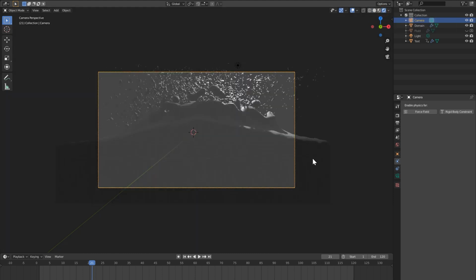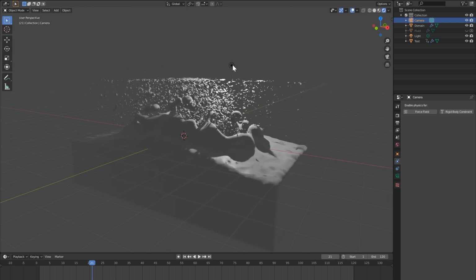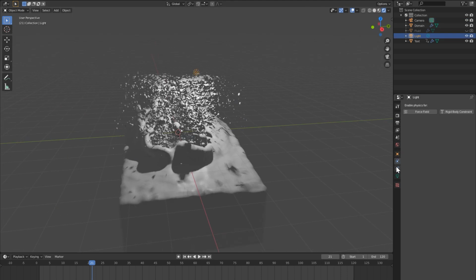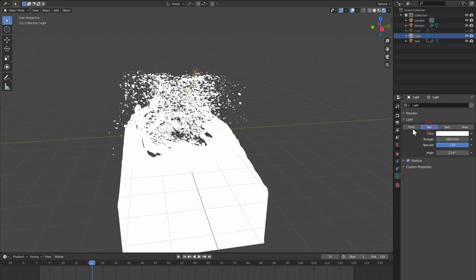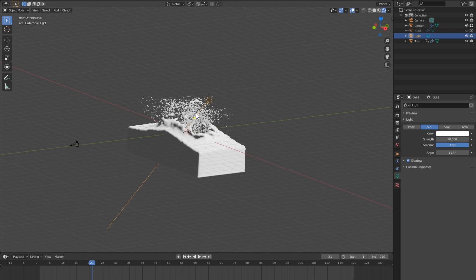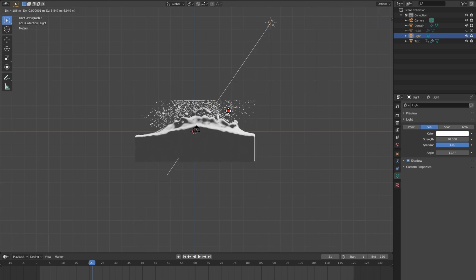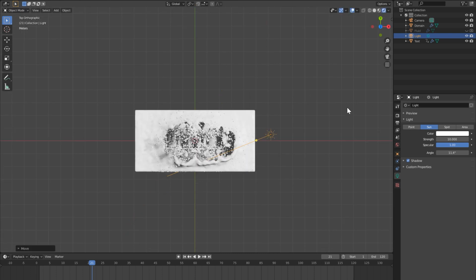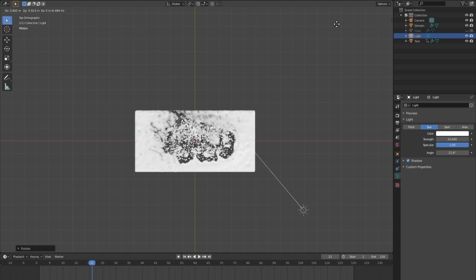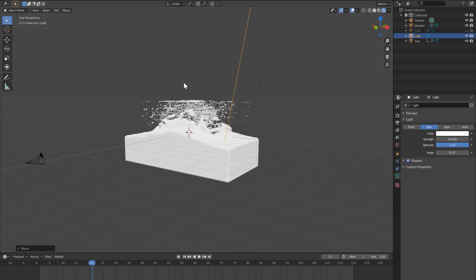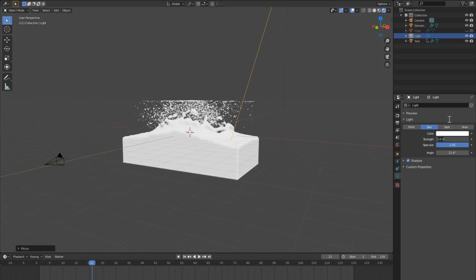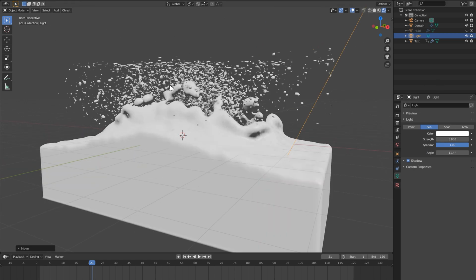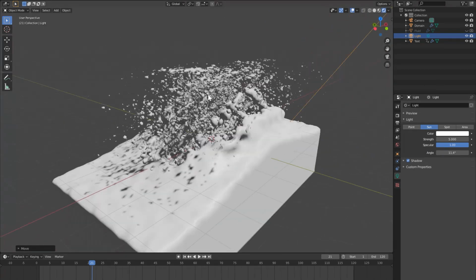Right now we're in Eevee. What I'm going to do is change this to a sun lamp, and it defaults to 1000 strength. Let's move that to like 10. Let's move that a little bit, rotate that like this. You know what? I'll change it down to 5. All right, so